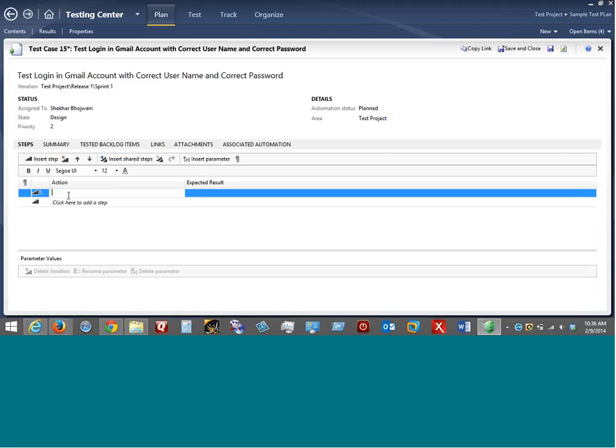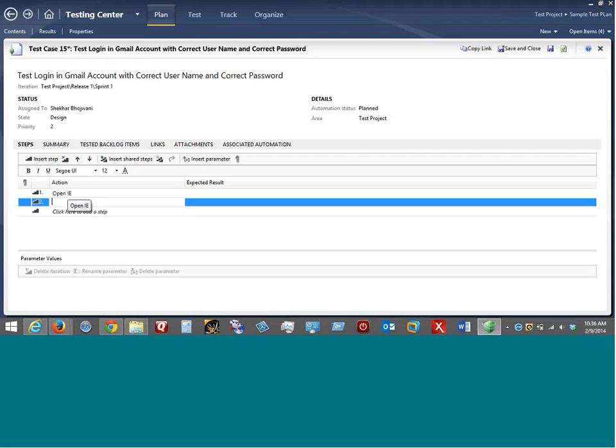You will say open IE, that is Internet Explorer, enter